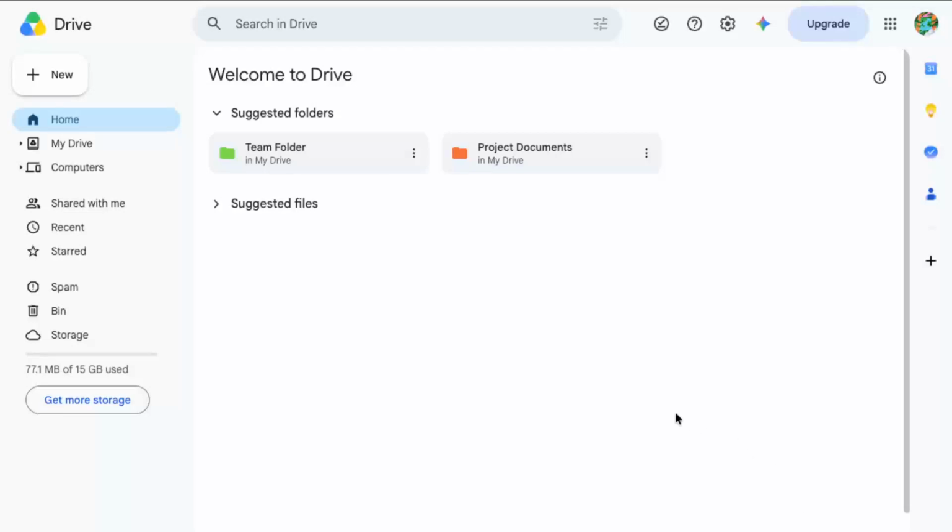In today's video, I'm going to teach you how to turn off email notifications for shared files in Google Drive. If your inbox is getting crowded with updates every time something changes in a shared file or folder, Google Drive gives you a quick way to reduce that noise. This setting is useful if you collaborate often and want to keep using shared files without receiving constant email alerts